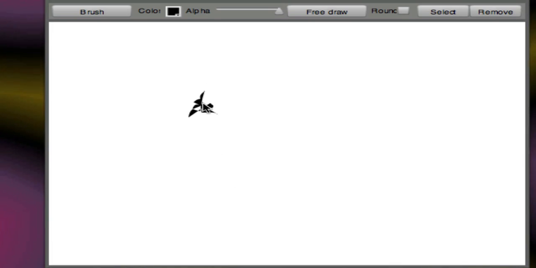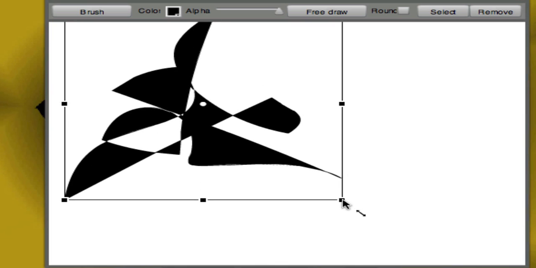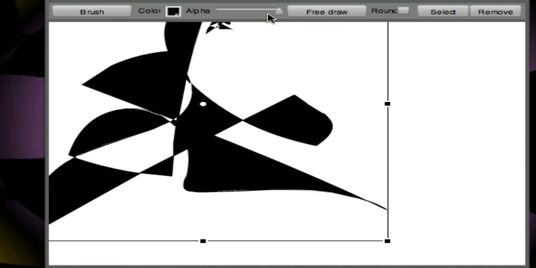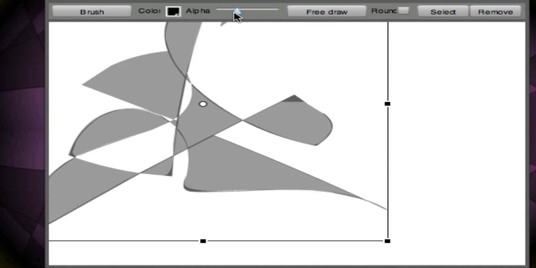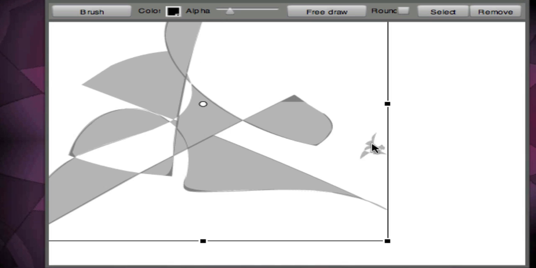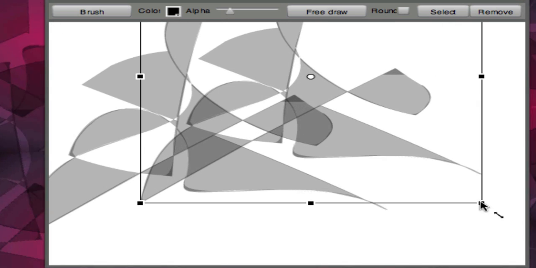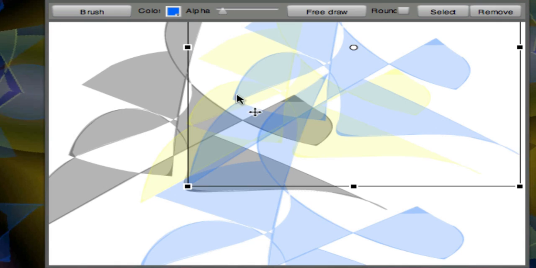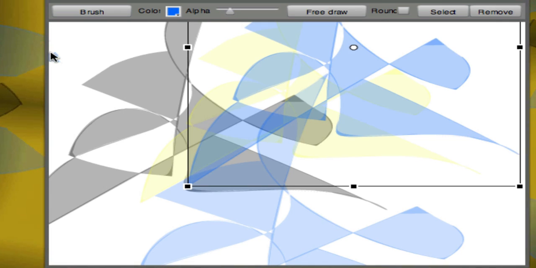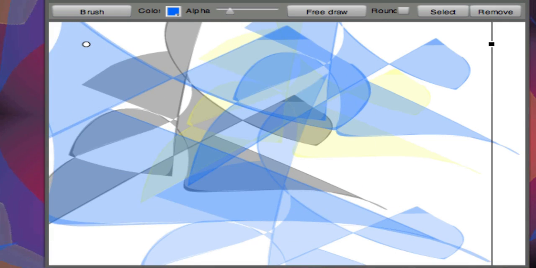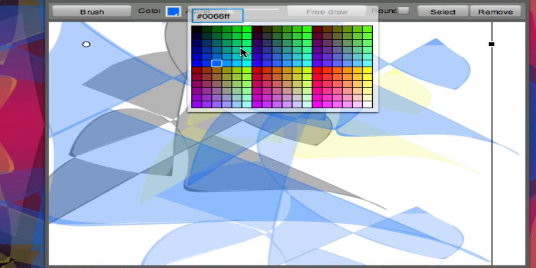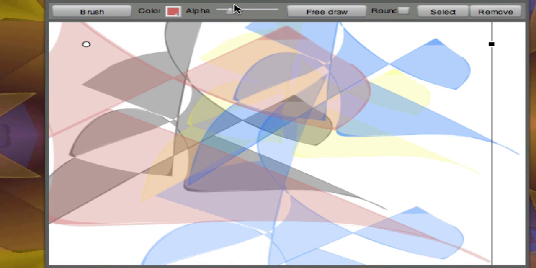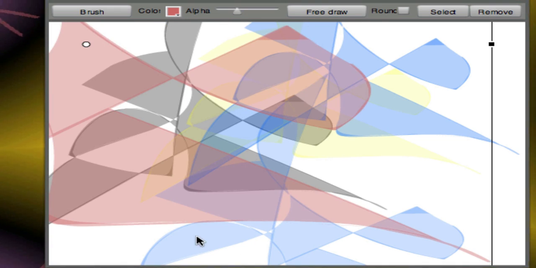What I'm going to do is take this one here, which looks black, and you'll see why in a moment. First of all, we're going to open it up, really quite large, and then I'm going to change the alpha. What I want to do is lay several of these over each other, so they form what painters would describe as glazes. See what I'm doing? I'm just laying over different kinds of layers here with different alphas, different levels of transparency,